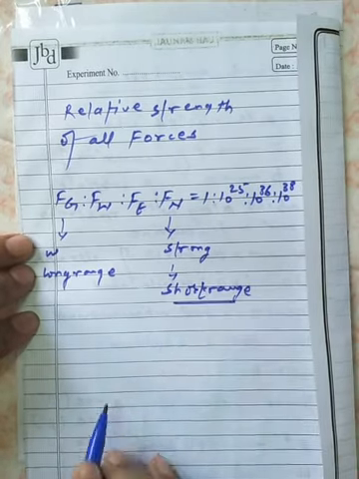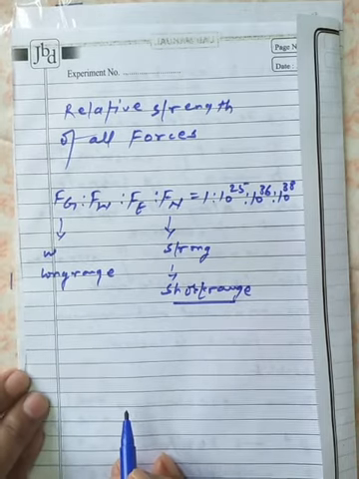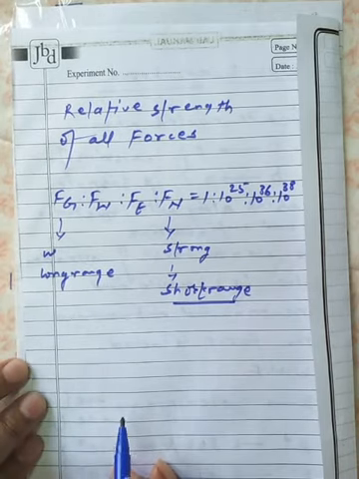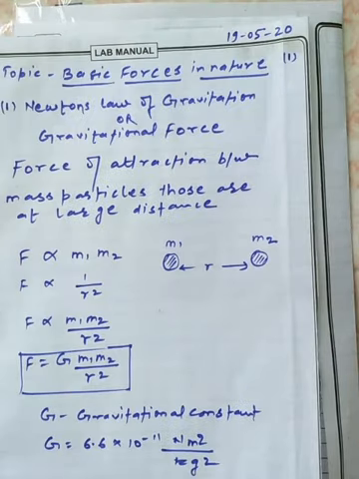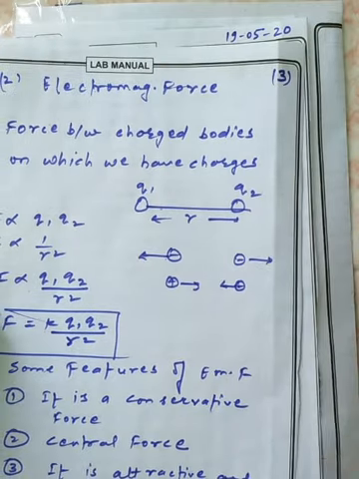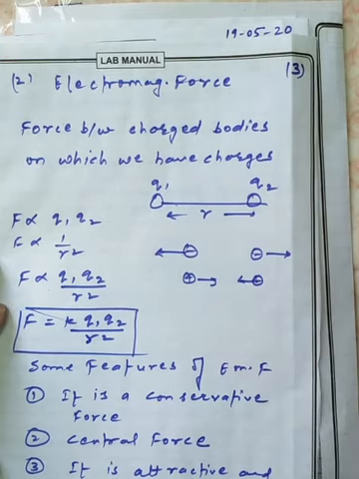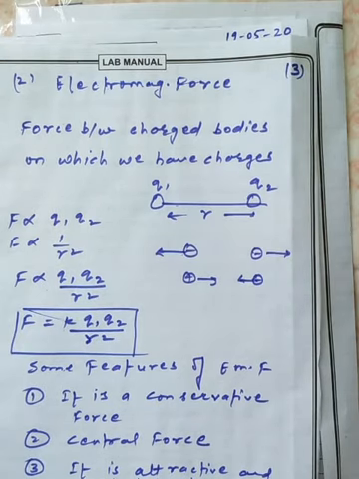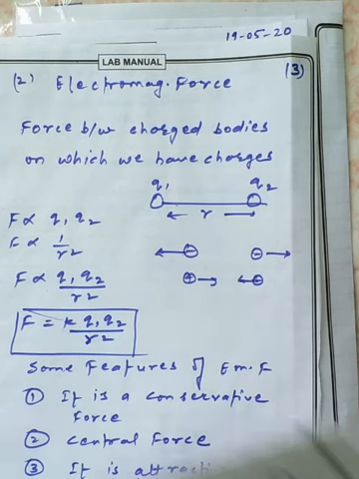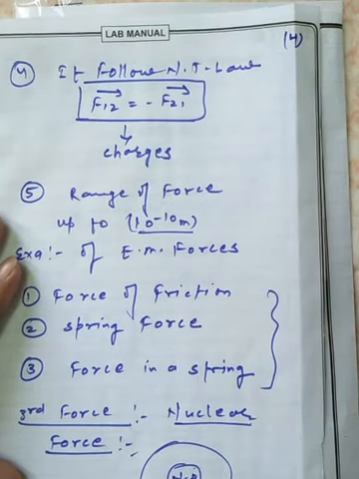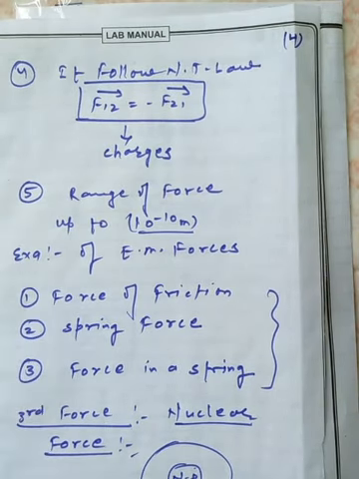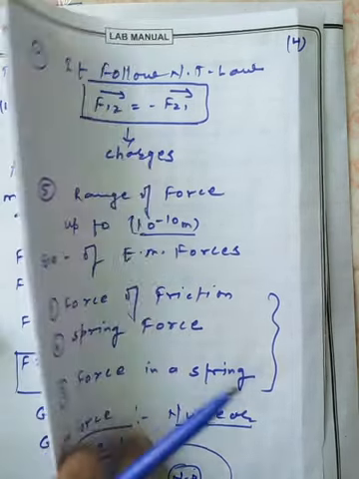So this is the general specification of the basic forces in nature, and we have discussed the four basic forces. First is the gravitational force. Second we have the electromagnetic force, which has many characteristics very similar to the gravitational force. Third we have the nuclear force, generally the force between the nucleus particles. Now the fourth force we have is called the weak nuclear force.